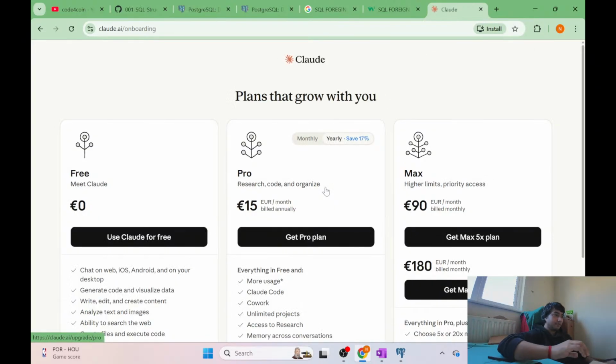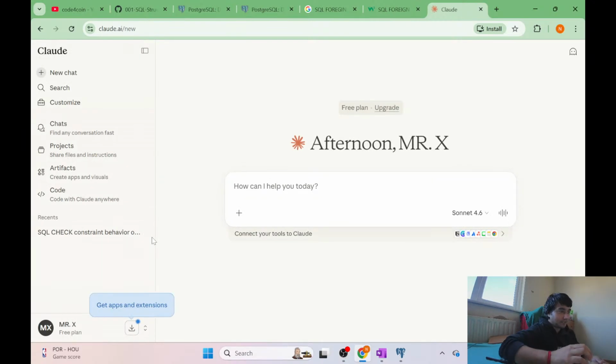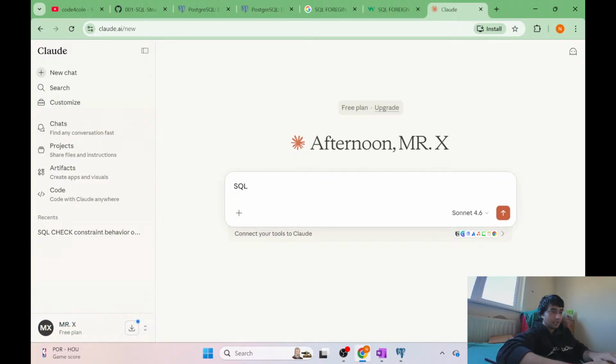That's why I use cloud, because they are literally faster. Use cloud for free, dude. I just want a query. Why are you even doing this one? Okay, so